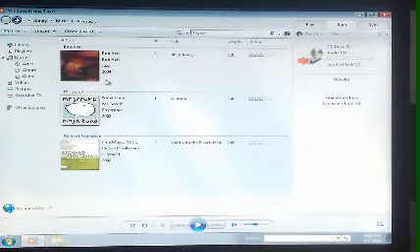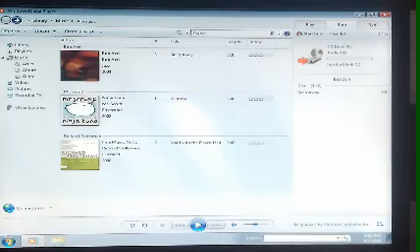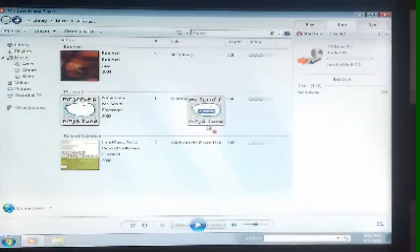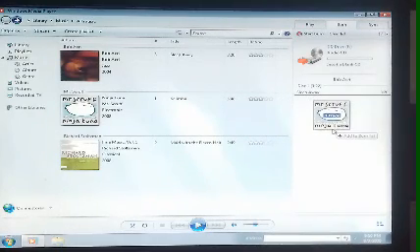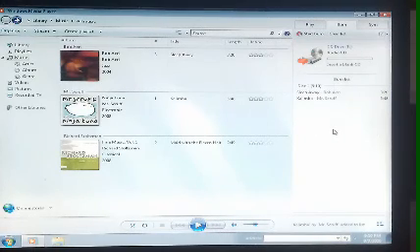So suppose that if you want to copy any data into a CD, then you have to drag the item into the burn list. Suppose this is the data you have to copy into a CD. You have to just left click on it, and then drag the mouse pointer like this, and release it in the burn list.